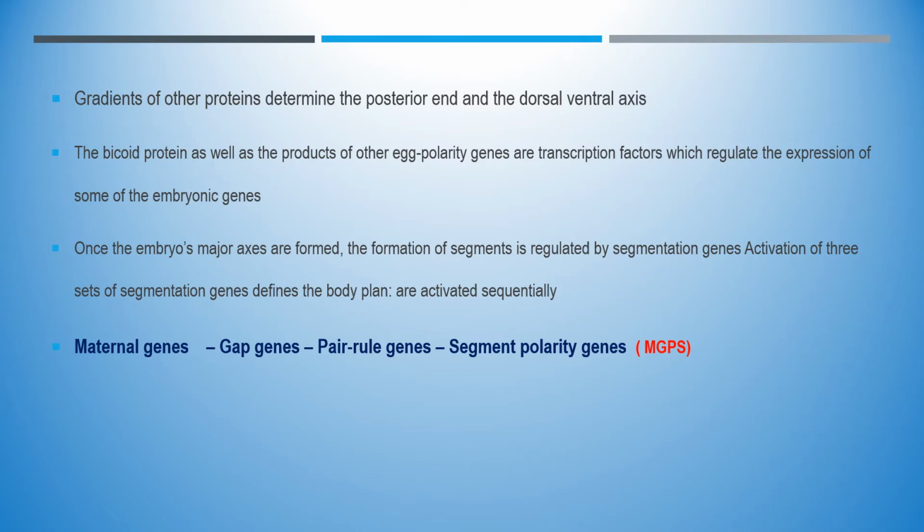Gradients are certain types of proteins which determine the anterior-posterior and dorsal-ventral axis in case of the embryo. Bicoid protein as well as the products of other egg polarity genes are transcription factors which regulate the expression of some genes during embryogenesis. Once the embryo forms the axis and dorsal and ventral sides, then a few other genes activate, that is pair rule genes, and after the pair rule genes another type of genes, the segment polarity genes, activate and finally lead to the development of